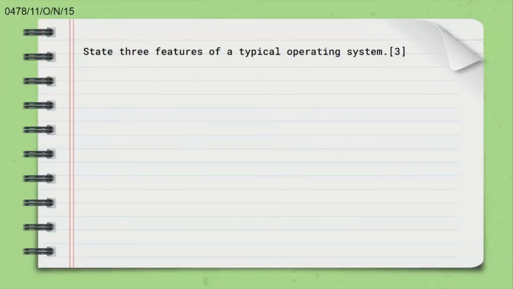The next question is, state 3 functions of a typical operating system. The most repeated question in computer science papers till now. Easy to get full marks and there are over 10 plus answers. But there are 3 things easy to remember. So don't worry about these 3 marks. But knowing 5 answers is well and good for this question.